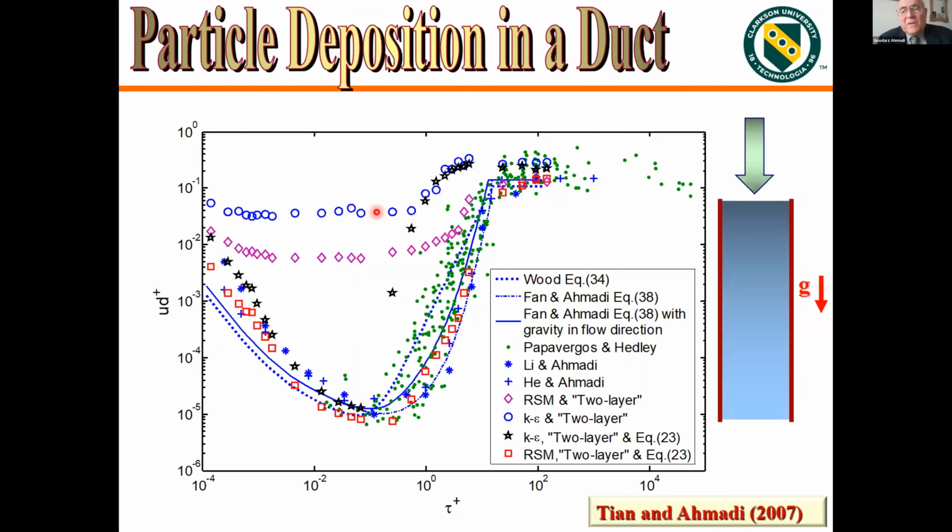But no matter what we do and all these assumptions, we then need to verify our model. Here is a verification done a few years back by Dr. Tian and myself, where we looked at deposition velocity of particles in a channel. A simple channel actually is the hardest case, because turbulence essentially becomes the key deposition mechanism here. From nanometer size, which is on this corner,